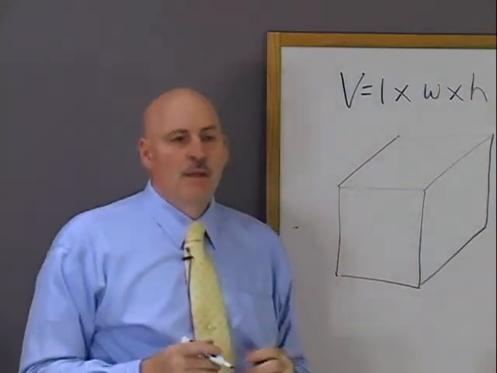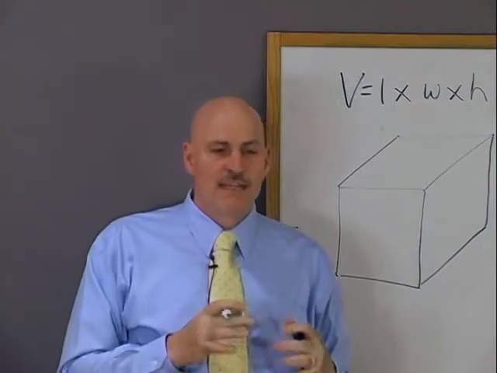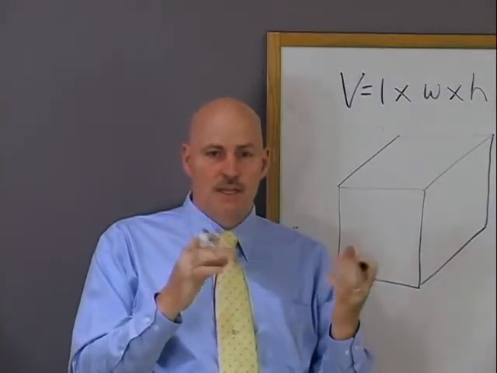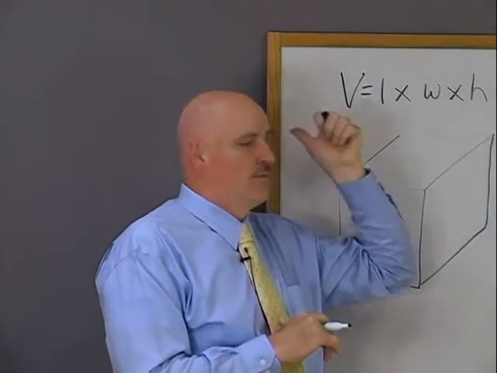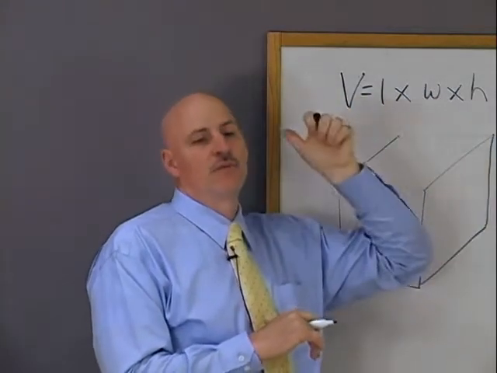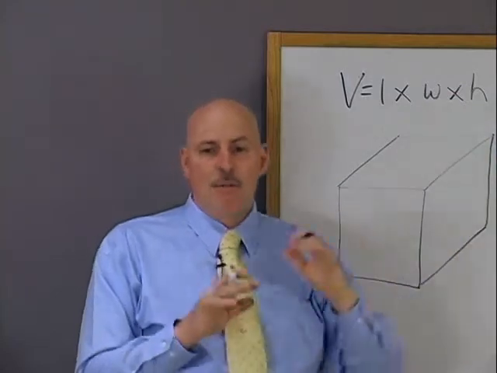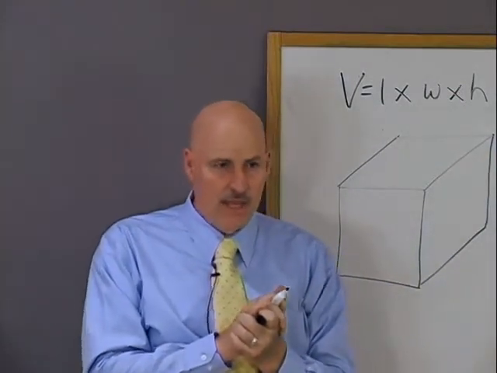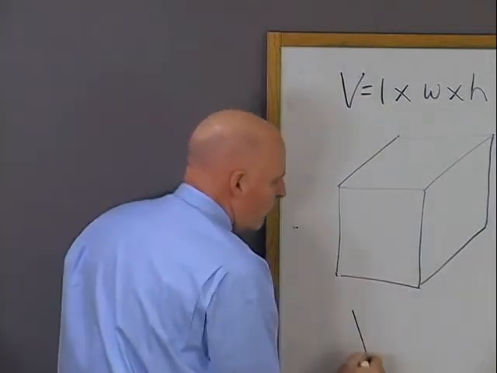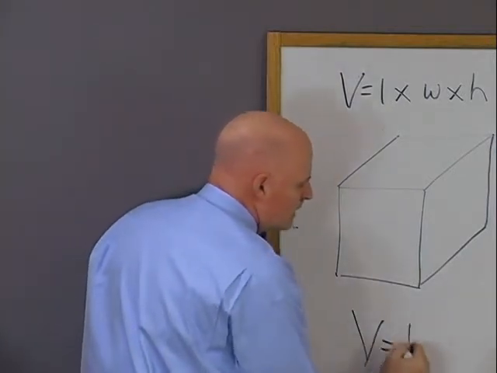Okay? But what I'm going to try to do is condense all of the formulas, because there's different formulas for cubes, different formulas for rectangular solids, different formulas for cylinders. I'm going to try to condense them all into one formula. Okay? And here it is. Volume is,